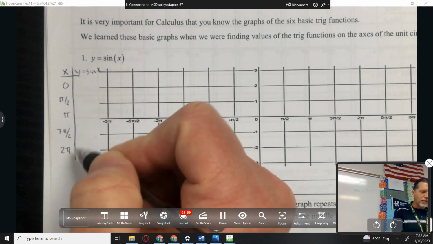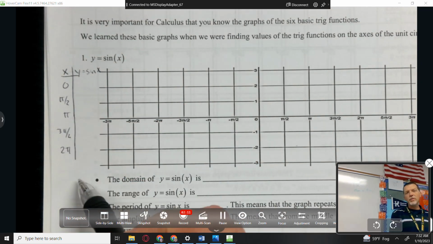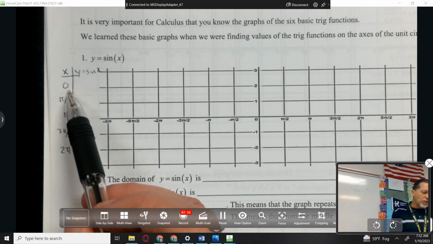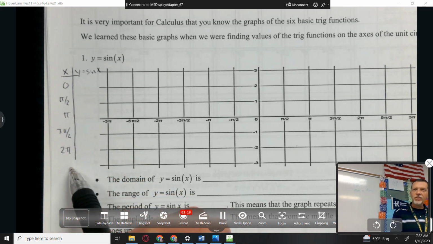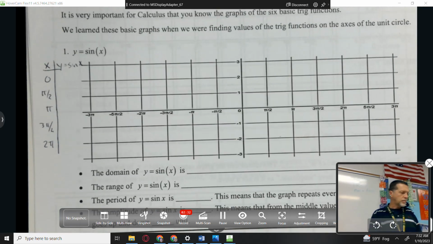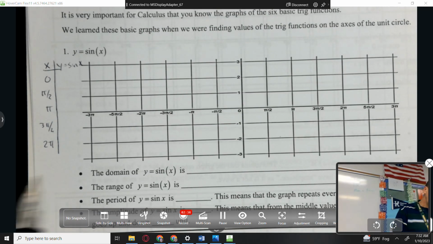Whenever you're graphing something new, that's almost always what we do first. So a table of values, and you'll notice we don't use all of the unit circle values. That would be a lot, right? 0, pi over 6, pi over 4, pi over 3, pi over 2, all the way around. We're just counting by pi over 2's. And we'll see what happens. In fact, because we know our unit circle so well,